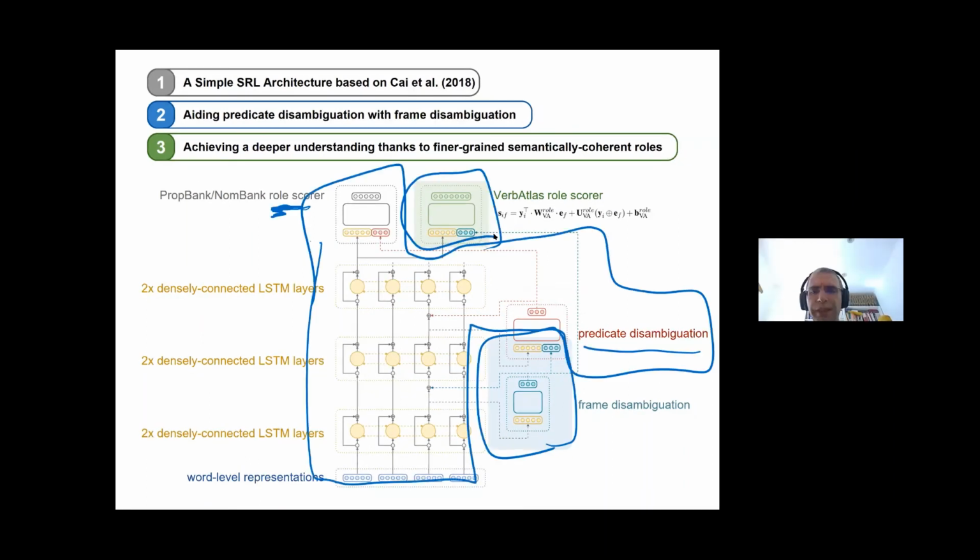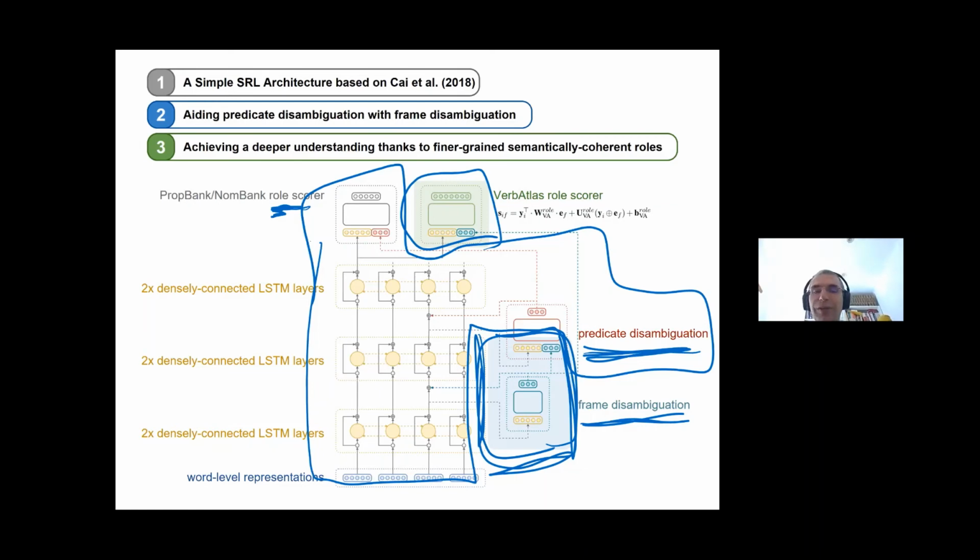So what we did was just to add the frame information. Because, as I said, the training data is tagged with PropBank, we can also view it as tagged with Verb Atlas, thanks to the mapping. So we also added a component which not only performs predicate disambiguation with PropBank, but also performs frame disambiguation with Verb Atlas. So it tries to disambiguate the verb with the right frame from Verb Atlas, which is quite coarse-grained